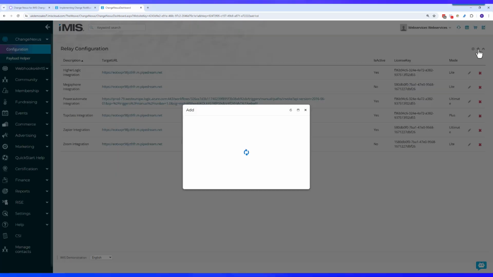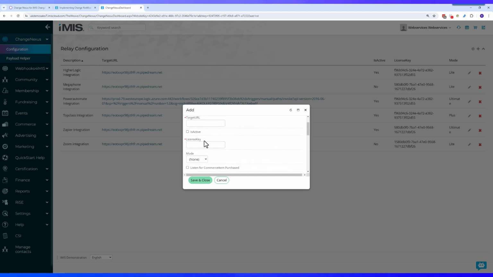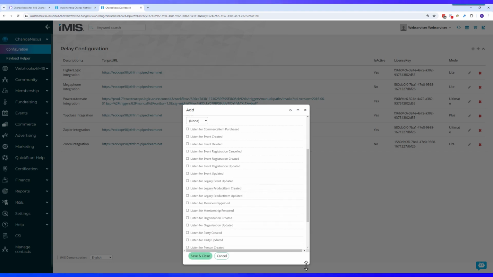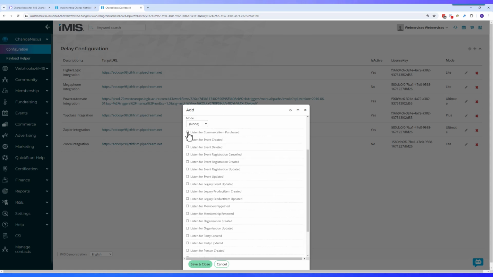So to add a new one, we simply add it to a standalone panel. Here we can define a description, the target URL where we're going to send the webhook. We can make a connection active or inactive if we don't need it all the time. We set the mode that we're going to be running, as well as having all of the events listed here. And as you can see here quite clearly, we're able to enable which events we actually want to listen for,